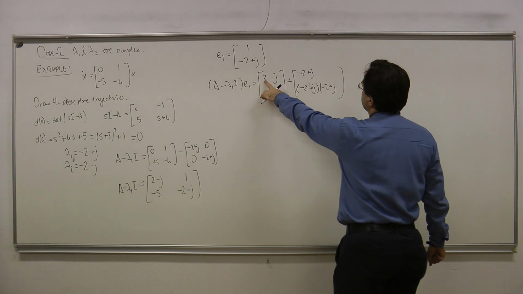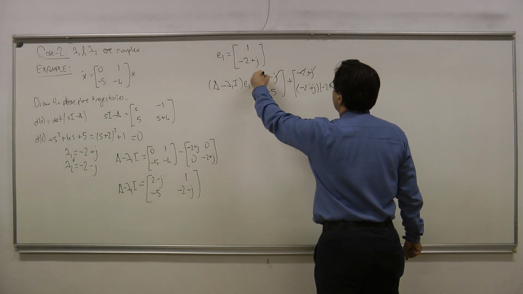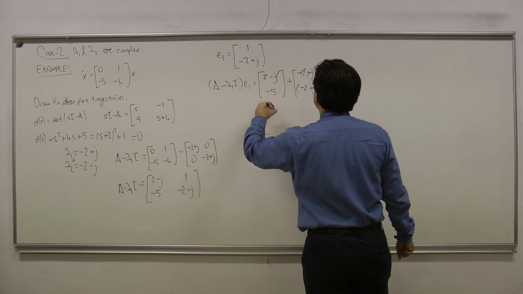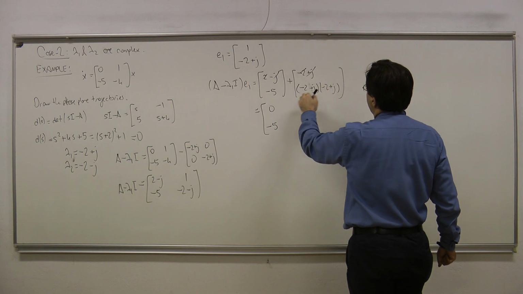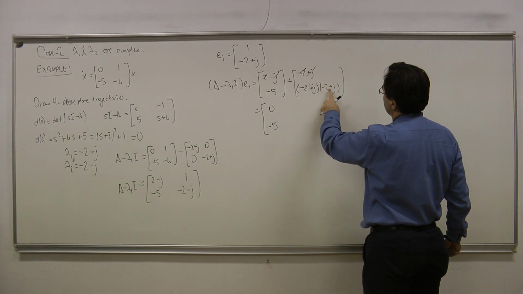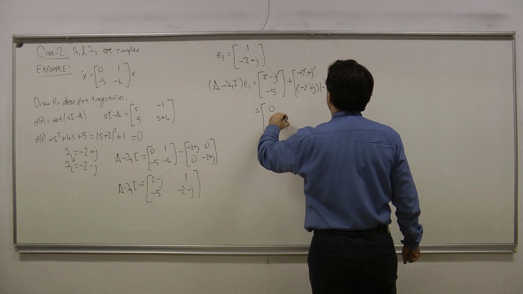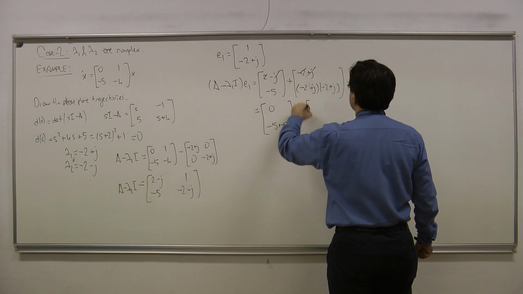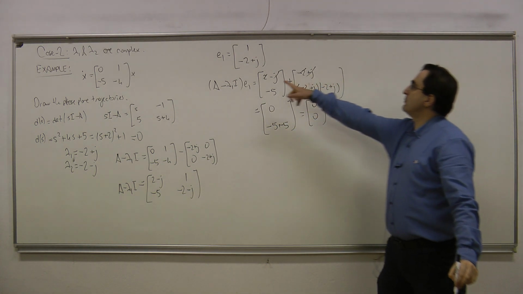So we see that here this +2 cancels this one and -j cancels this one. So I would get the result as 0, and I have -5. And you see that here I have -2 minus j, -2 plus j. This is going to be the magnitude square of this complex number, which is equal to 5. Okay? And that gives me 0, 0, as you see. So you see that this is my first